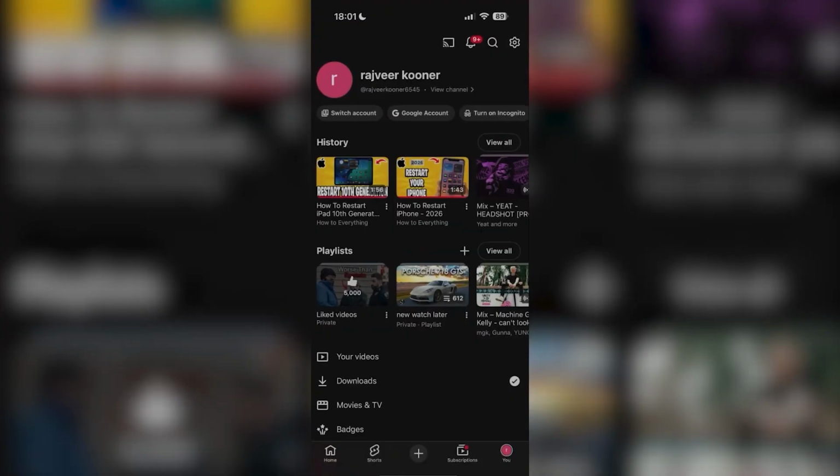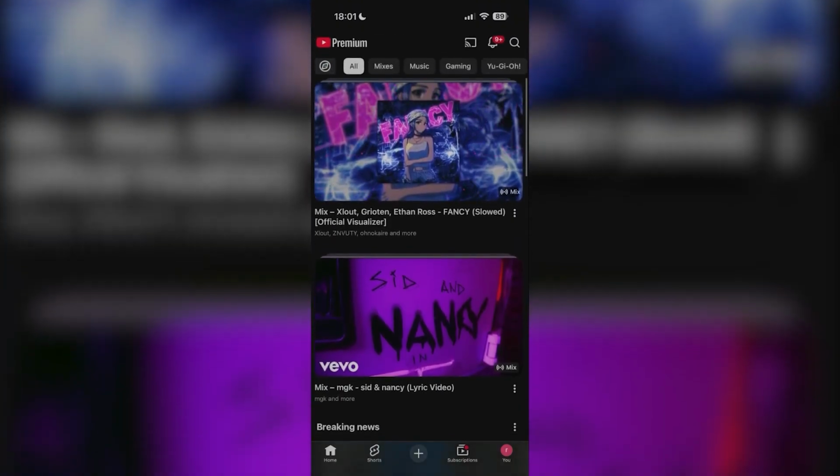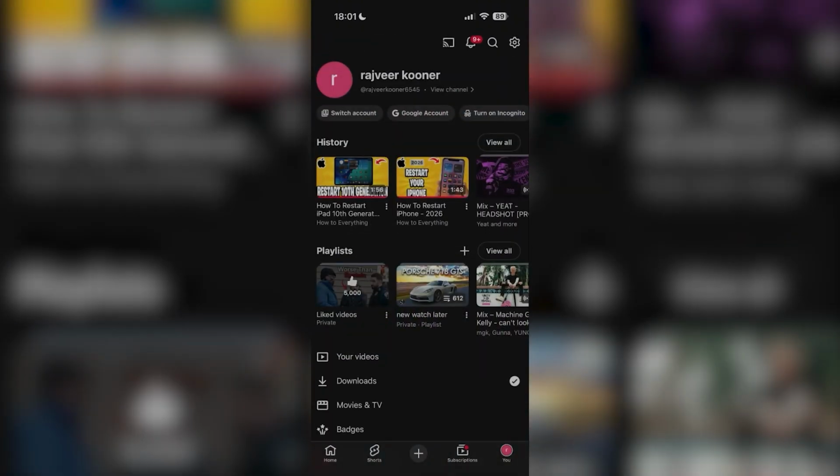It's a very simple method. What you want to do is open up your YouTube application. Once you do, you're going to be on your homepage. Then on the bottom right, click on the U icon, and then go ahead and switch account if you want to make a new account, or it's going to prompt you, if it's your only Google account, to make a channel right now. So if you want to make a new account, press switch account, and then